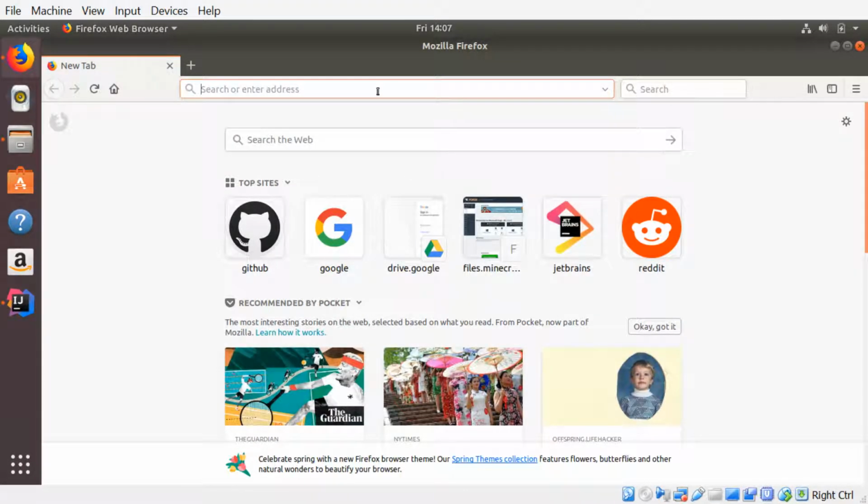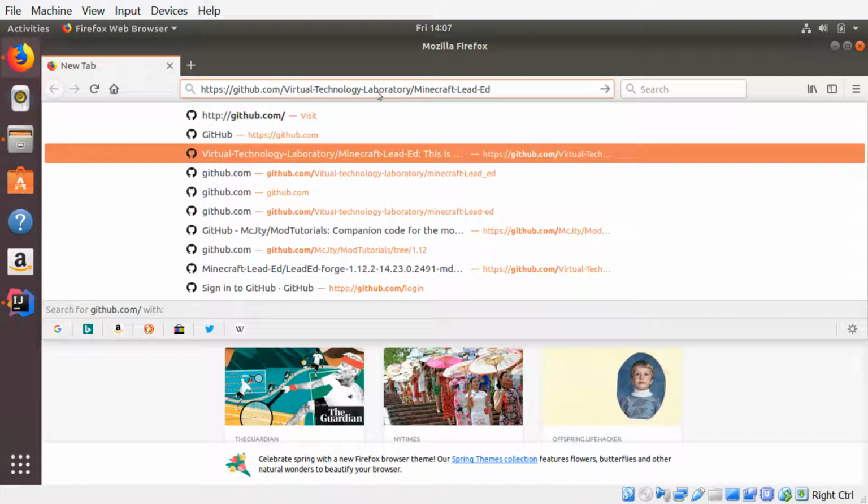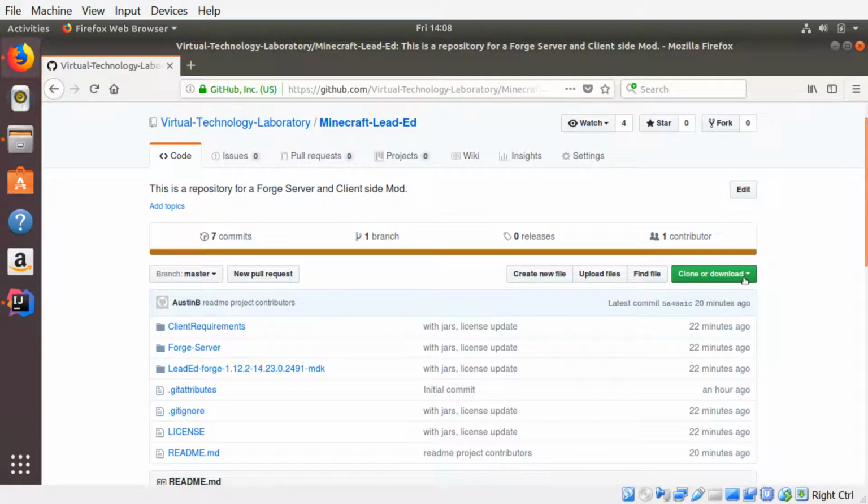export it out. So first, you just want to navigate to your GitHub repository that we have set up for the mod, which is github.com/virtual technology laboratories/Minecraft led ed. And you're going to want to clone and download this whole thing as a zip,